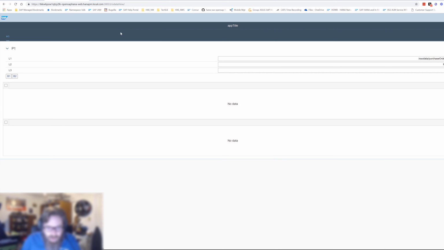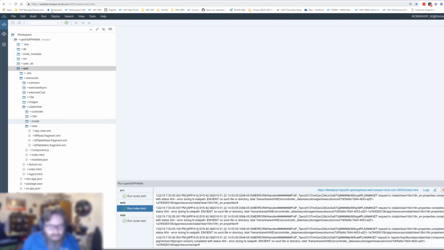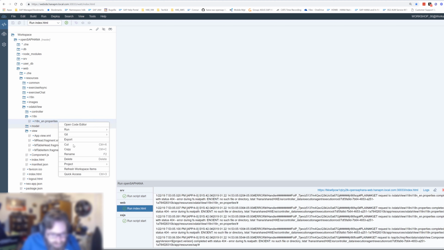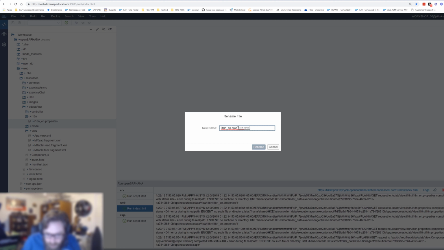Oh, and I must have done something wrong there with my text string. It did not pull in my text bundle correctly. So you see what that looks like. i18n, i18n underscore en dot property. I've got a misspelling here. See how easy it is to make a little error? Just a misspelling on the file extension, and now it can't load my text string